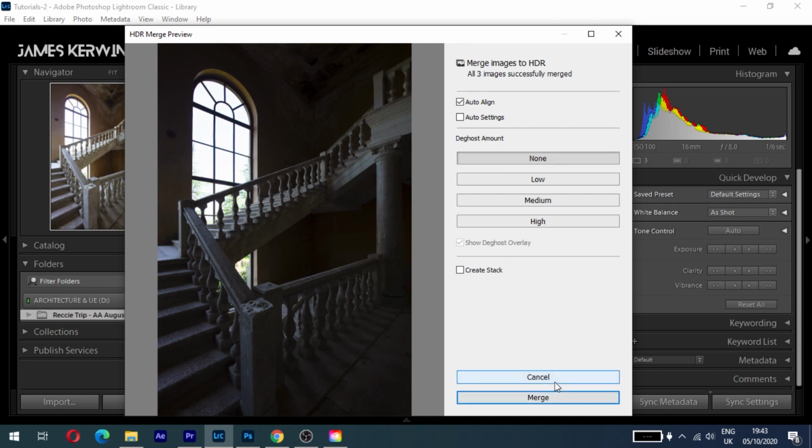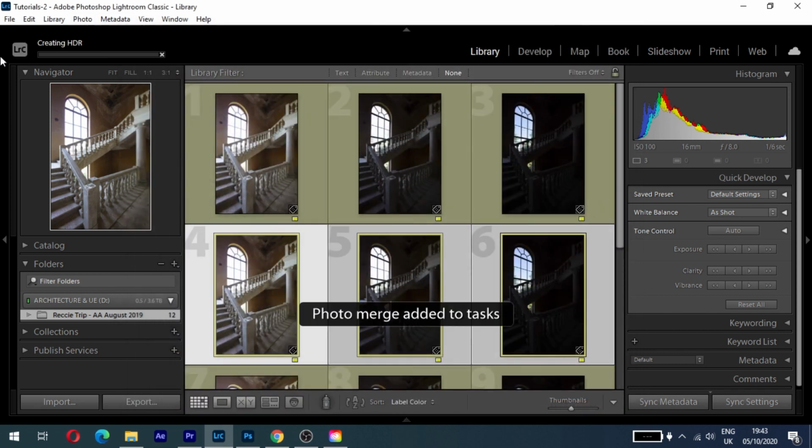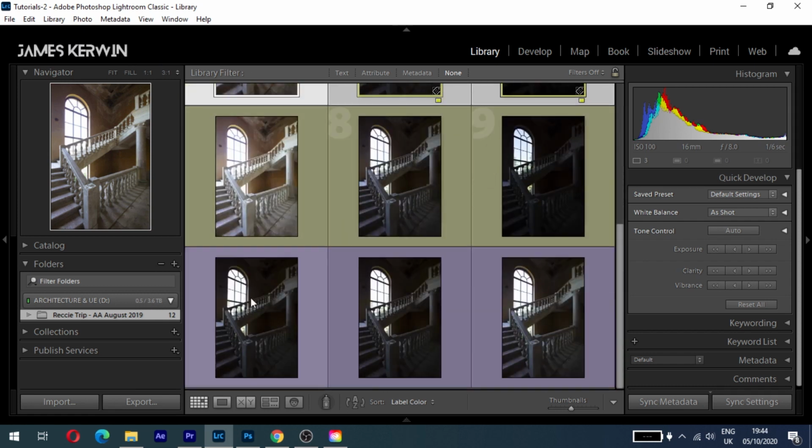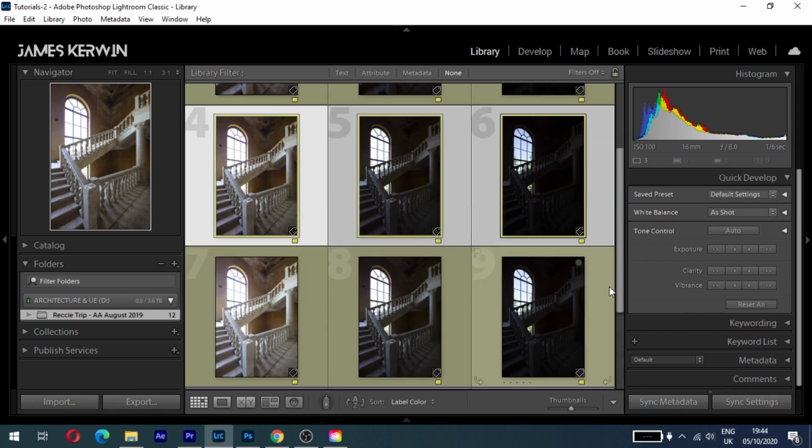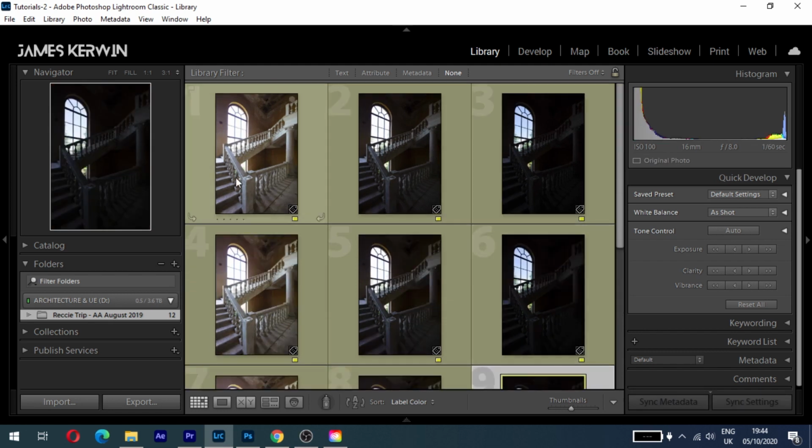Now I don't need to do that because I've already merged all of these, but if you did, once you press merge, you'll get a little box that shows creating HDR, and you can let that process. You need to do it for this set here, the middle set, and you do it for the final set of focuses. So basically 3 sets of images, and you'll remember that's what we shot in the field. So I'm just going to cancel that merge, and the reason why is because when we scroll down, I've already predetermined what we're doing. Once you've done that and you've merged each set of 3 images, that leaves you with